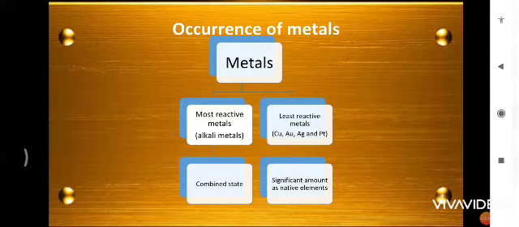For example, we know that bauxite is an ore of aluminium. So the chemical formula for bauxite is Al2O3.nH2O. Hence, bauxite is an oxide ore of aluminium. Hence, all the reactive metals will be in their combined state. Whereas, a significant amount of the least reactive metal will be in a free state or are said to be in native state. And what are the terms involved in metallurgy?